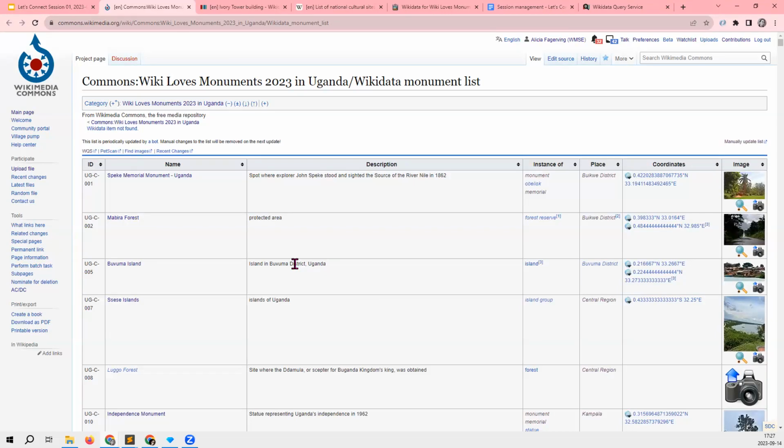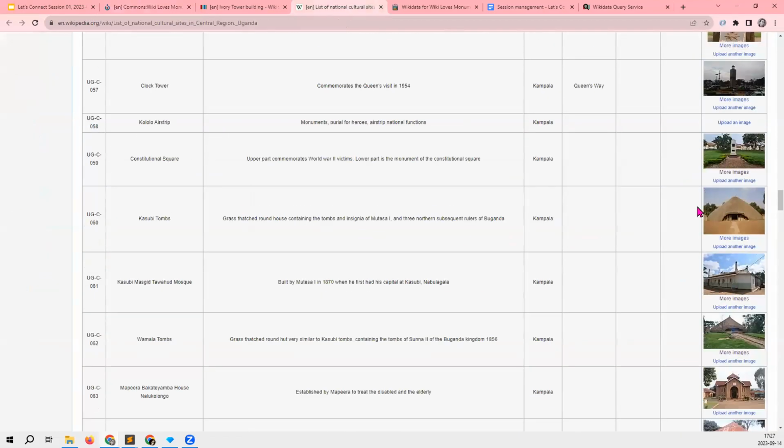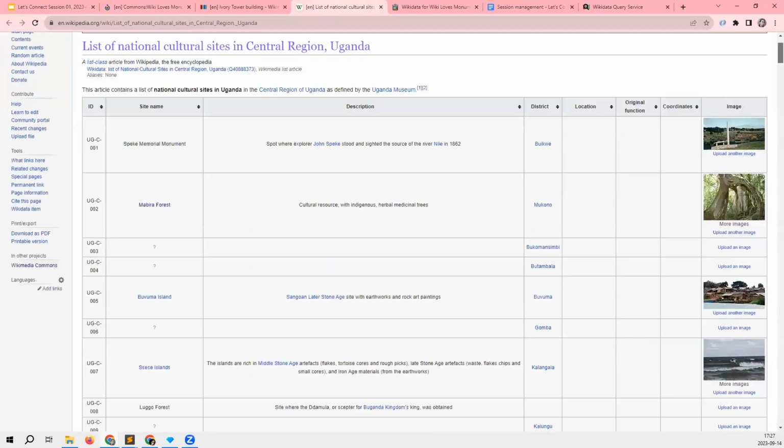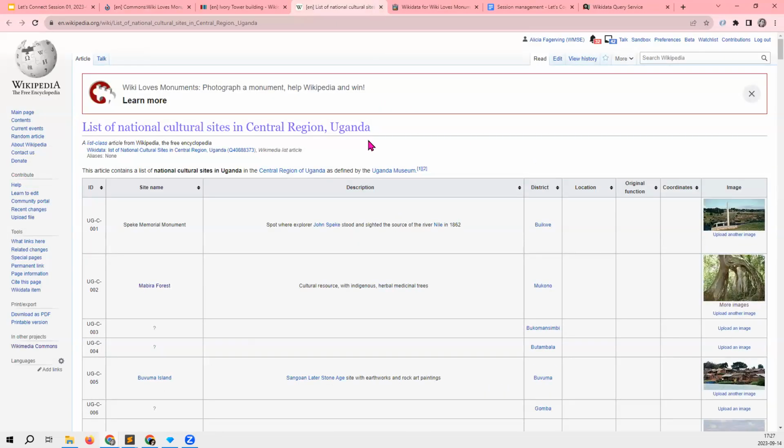But this help desk function is really a way to give everyone in the movement the support that they might need in order to carry out content-related projects. So I look forward to having more of you reaching out. And with that, I will hand back again to Alicia to explain a bit more in detail what we did together with our project.